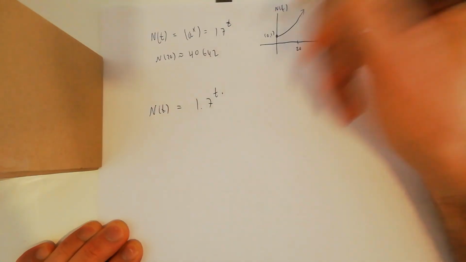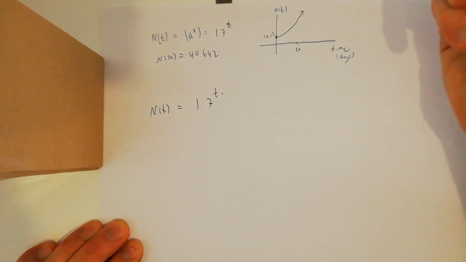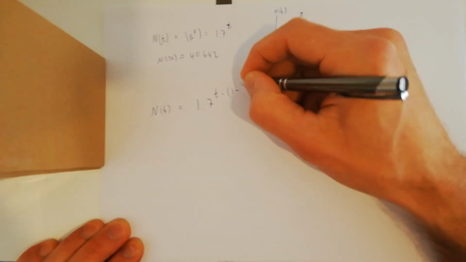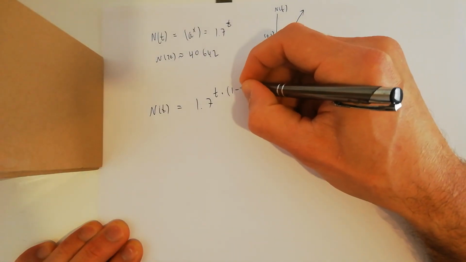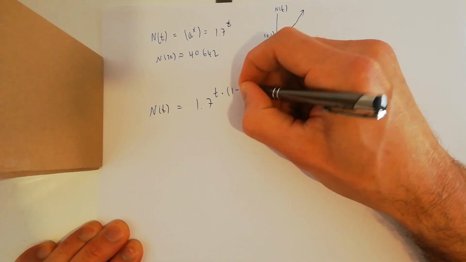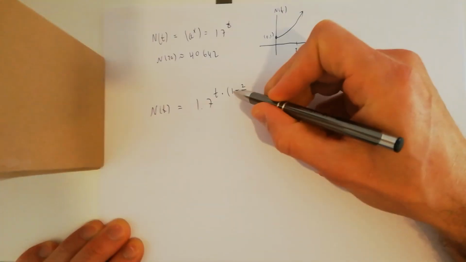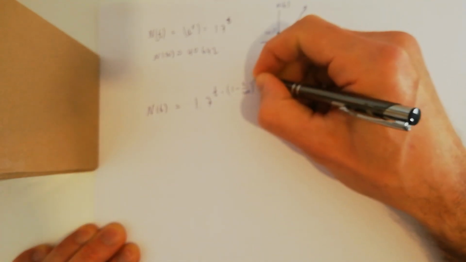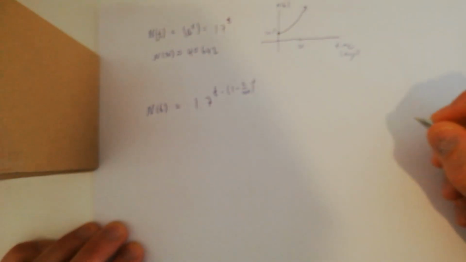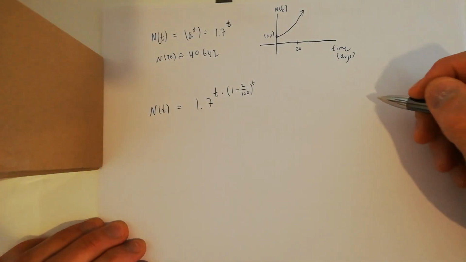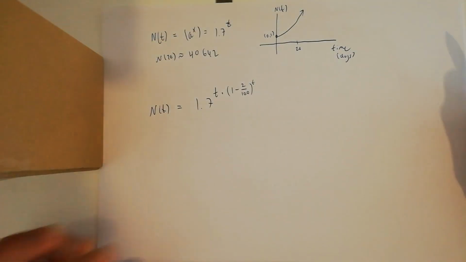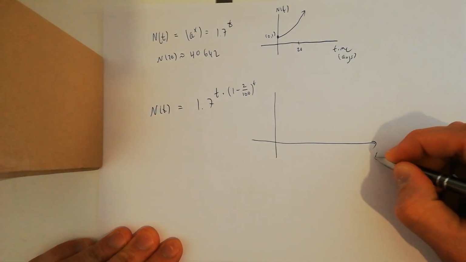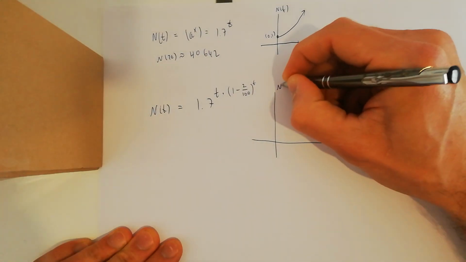A way to decrease it, for example, is to decrease it by a certain percentage. So for example, if this number decreases by 2% every day, that means we multiply this number by 1 minus 2 over 100, every day, that means to the power of t. This is how we decrease this exponent by 2% every day. If you graph this function, then